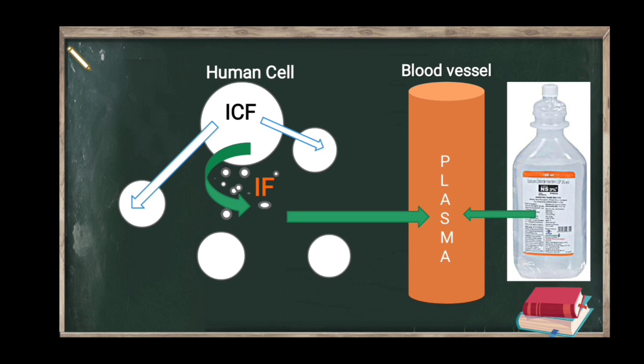So now we will see what occurs if a hypertonic fluid is infused into the blood vessel. As it is a hypertonic solution, that means concentration is more and water content is less. Once it enters the plasma, the fluid from the cells is shifted into the plasma. As the fluid from the cells is shifted, the size of the cell is decreased and volume of the cell is decreased. That is, shrinking of the cells occurs.